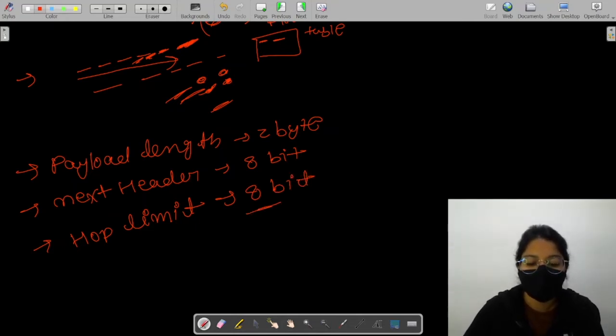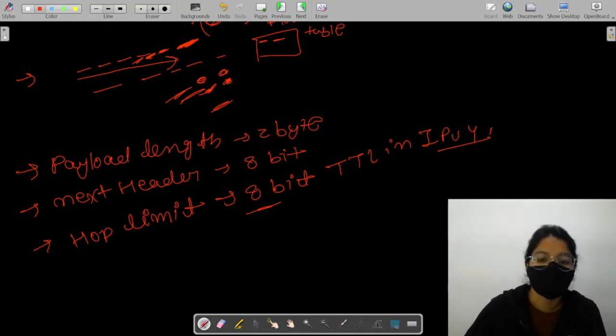The 8-bit hop limit field serves the same purpose as the TTL field in IPv4. Okay, so it is the same. And the next is